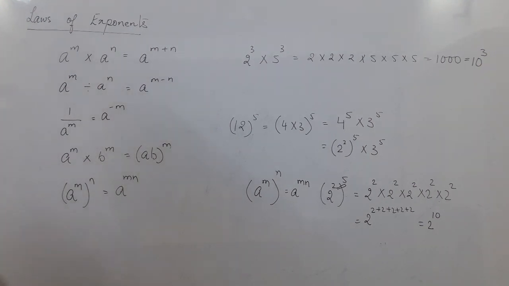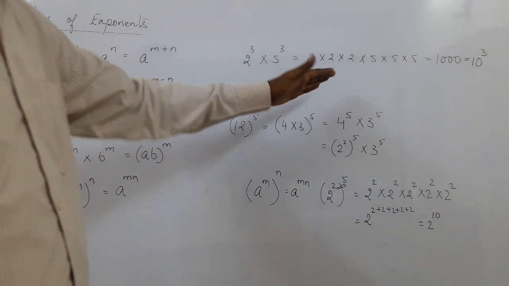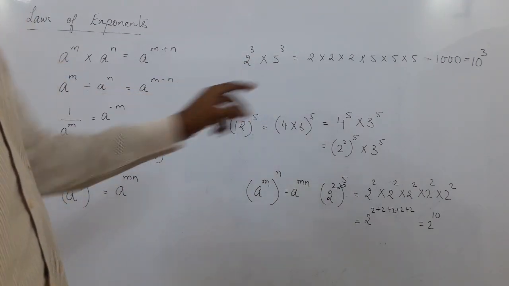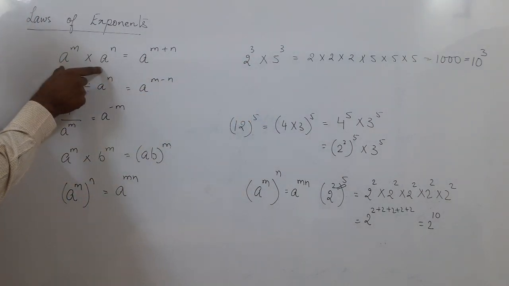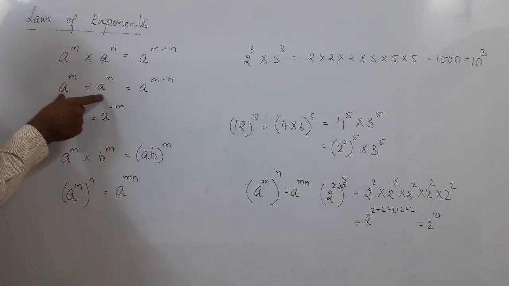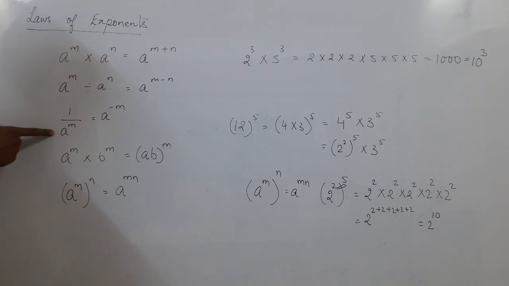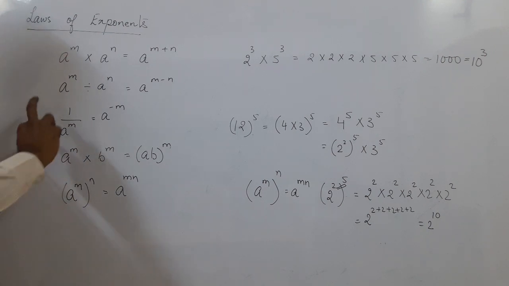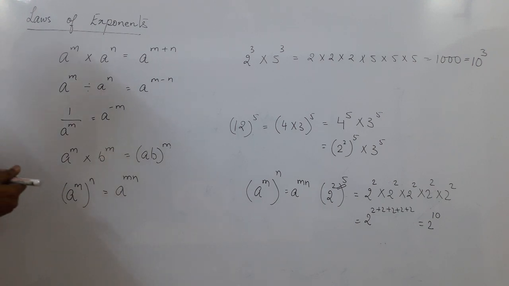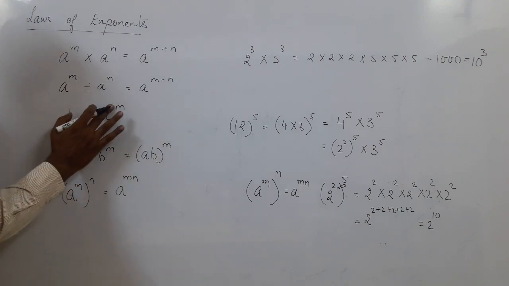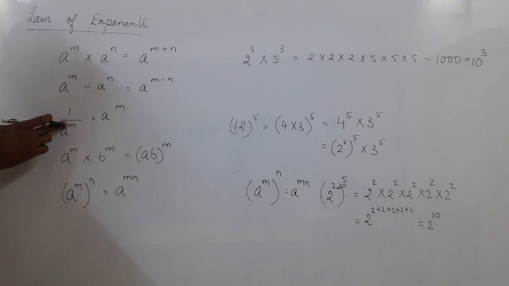So these are the 5 basic rules you can see here, and we are going to do quite a few sums with the help of this. But here I have shown you step by step how we added. So here what you have to see: the base is the same, multiplication, powers are added. Base is the same, division, powers are subtracted. Then when the power changes from denominator to numerator or numerator to denominator, the sign becomes the opposite. Means if it was minus m in the denominator, it would become plus m in the numerator. If it is plus m in the denominator, it becomes minus m in the numerator.